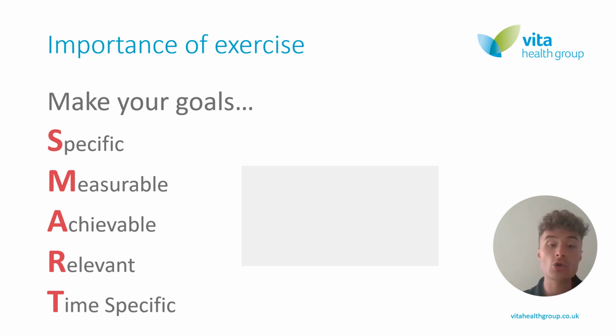Secondly, how are you going to measure your progress? If you want to walk maybe a mile, 2 miles, how are you going to measure that you're able to get there? You're going to measure distance, and you might slowly increase the distance over time. Achievable: make sure your goal is achievable. You don't want to set a goal which is too far ahead of you at this stage, because that will only demotivate you when you're not making enough progress. Before that, it's really important to make short-term, mid-term, and then long-term goals, and you just focus on each goal step by step as you move forward.